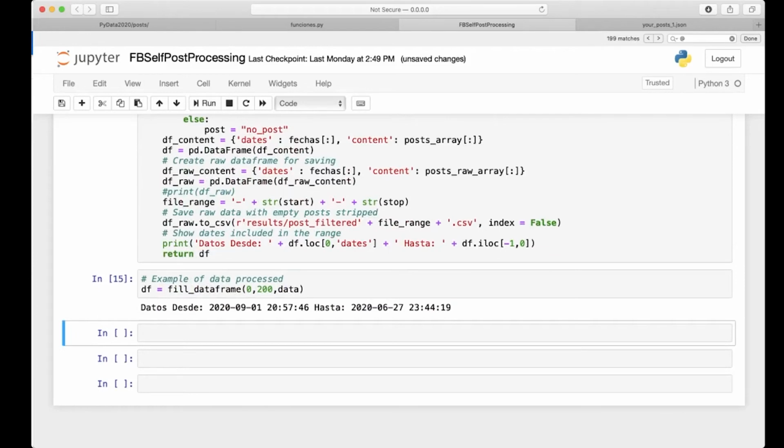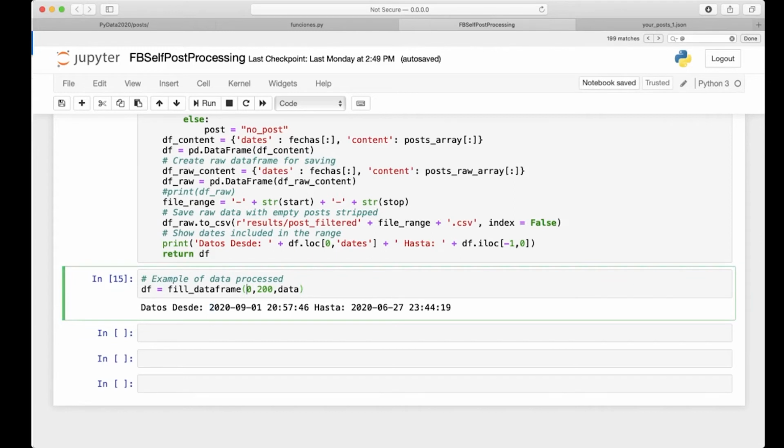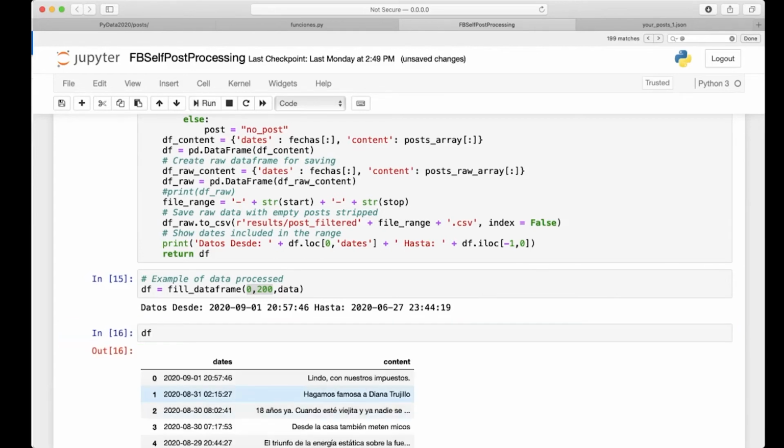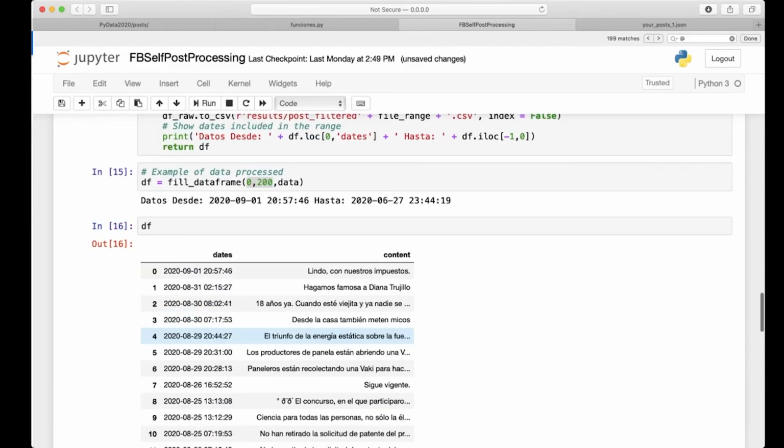Okay, so this tells me that the posts from 0 to 200 are data from the 1st of September of 2020 to the 27th of June of 2020. So this is the amount of posts that I have in this space of time. So I'm transforming these numbers to dates. So let's see the content. And basically, this is what I have: the day of the post and the